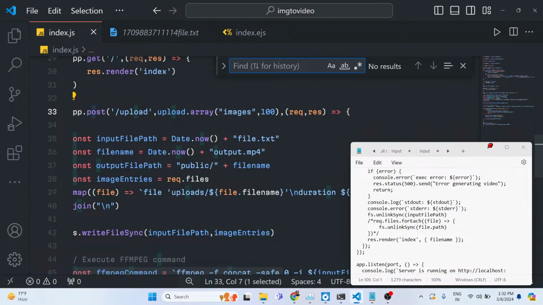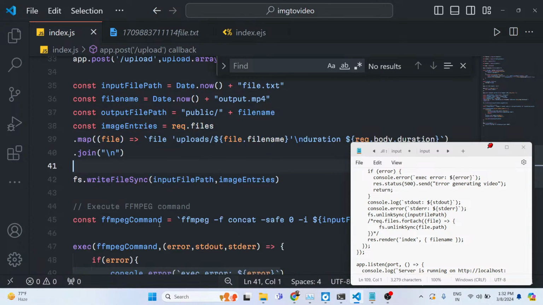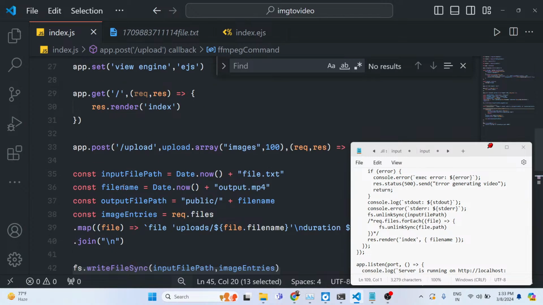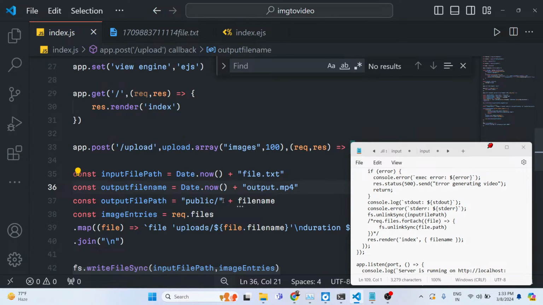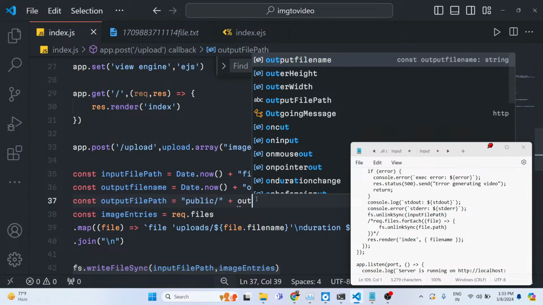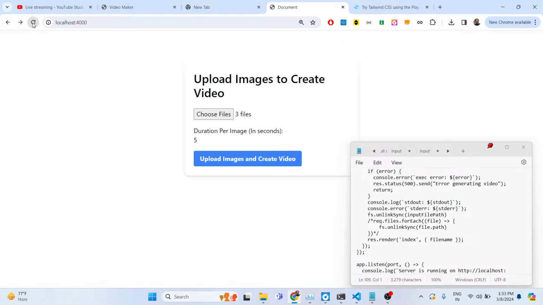This needs to be output file name. In line number 45, yes. So I will need to change this to output file name. Just make this adjustment and